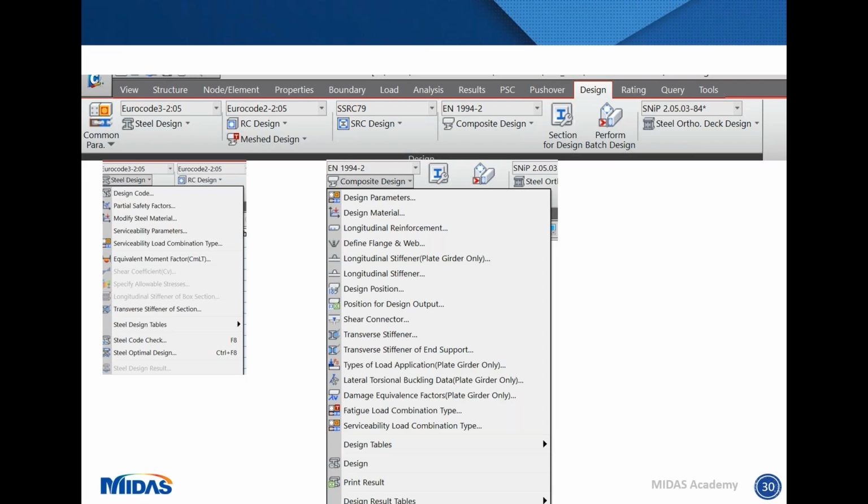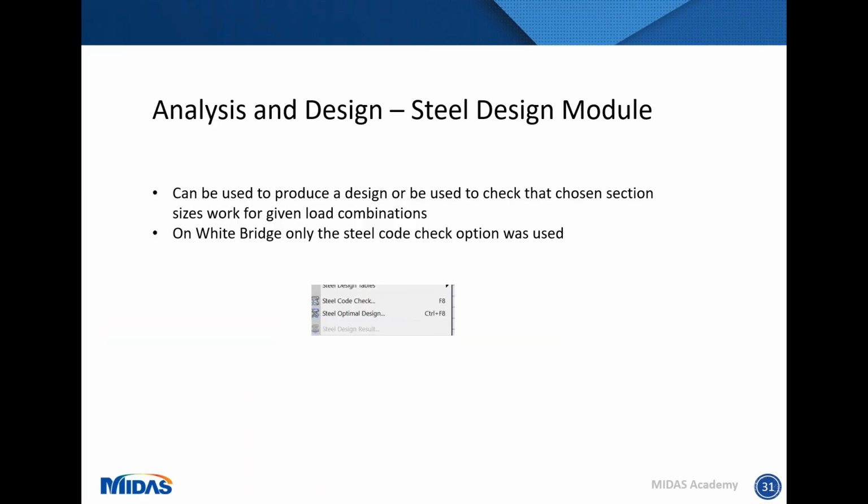One other aspect, when you're looking at steel design, is that you have the option to either do a steel code check or a steel optimal design. For the Whitebridge model, we chose to use a steel code check. One of the reasons for this was considering the bolted connections that we had for our structure.